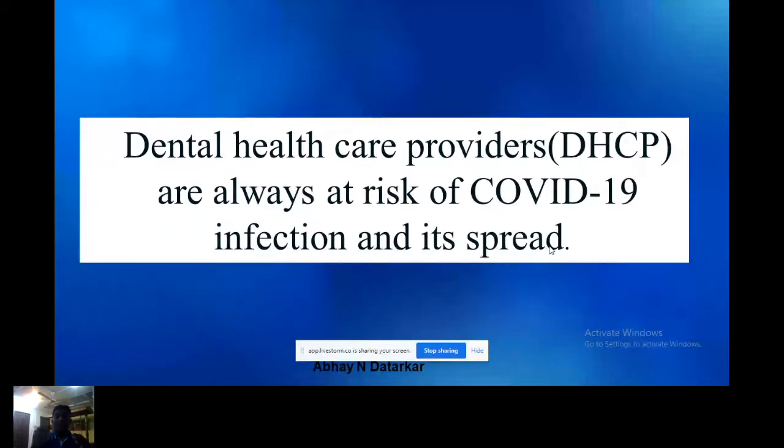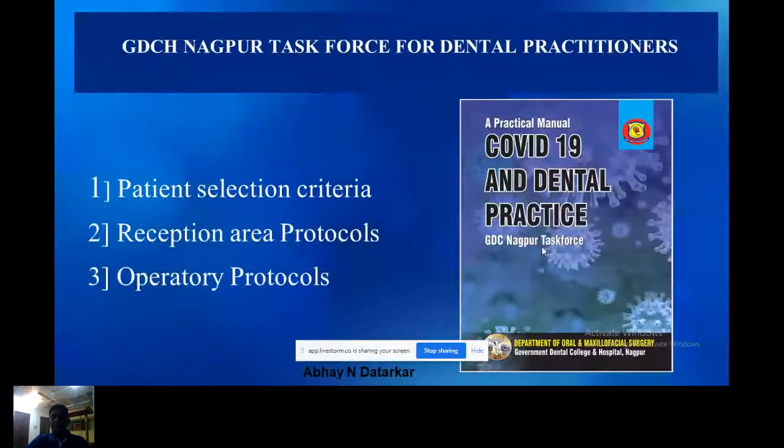Okay, like in the oral cavity where the saliva is there, a lot of other microorganisms and viruses are there, where again the COVID-19 virus will be there. And that is the reason we are at the highest risk of getting or spreading this disease to the patient. Okay, and this is what I was talking to you about: